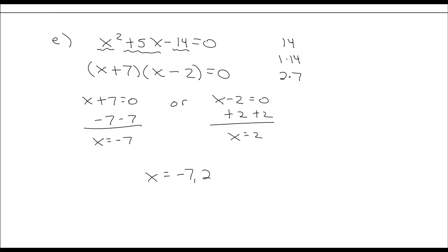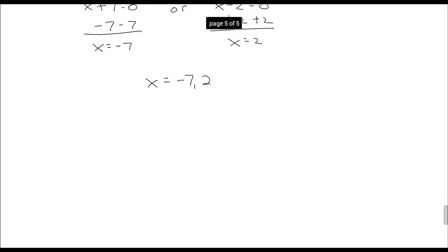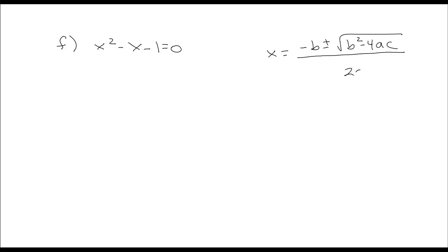Alright, but one at a time. So F, x squared minus x minus 1 is 0. Alright, now for this, it's not going to factor neatly. You're going to need the quadratic formula, which is x is equal to negative b plus or minus the square root of b squared minus 4ac all over 2a. And that is given that you have a quadratic in the form ax squared plus bx plus c equal